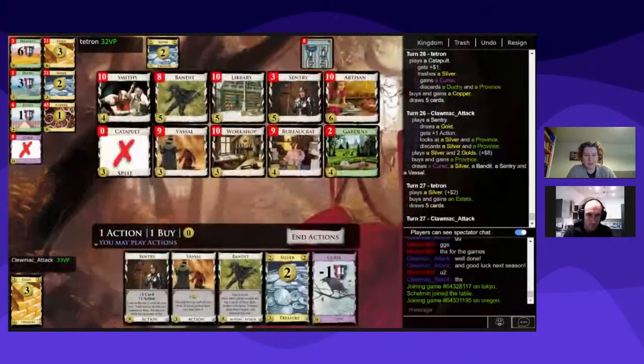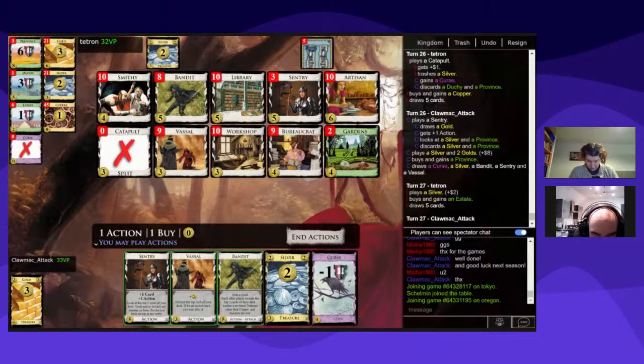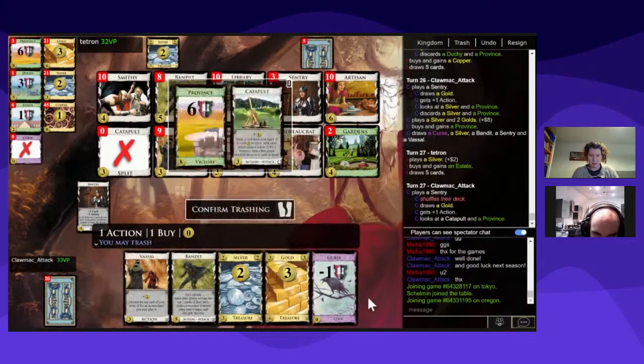Ah, right, okay. So now I need to get a duchy from this hand. I think a garden's probably maybe enough as well. I'm not sure what your count is. Well, then you have something after that. So I need to get something good here. That is good. That is good. Confirm